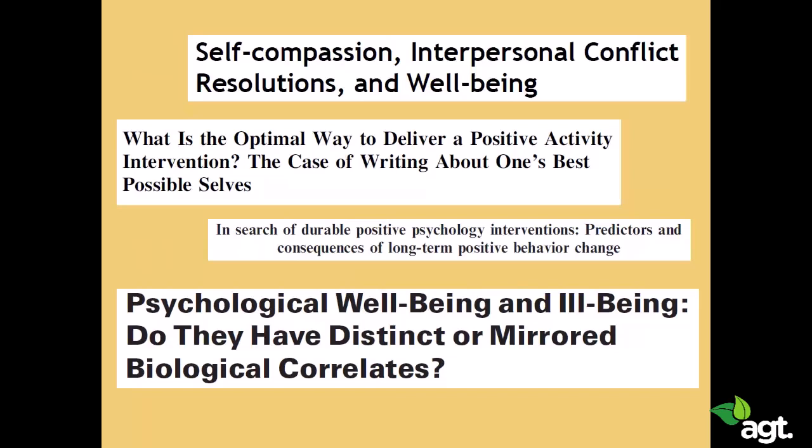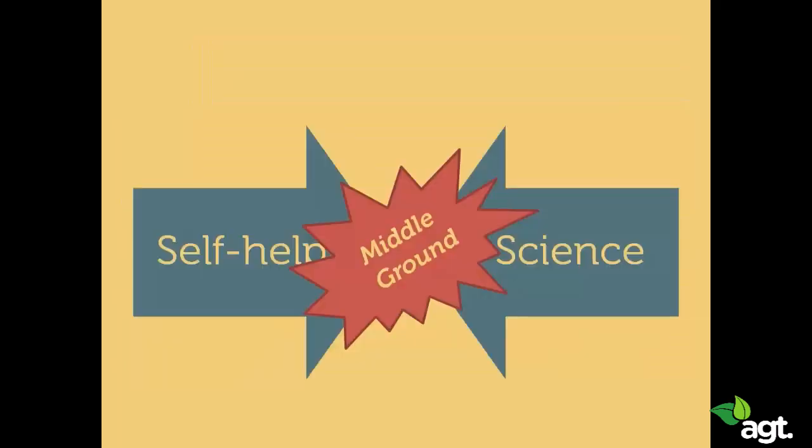On the other hand, you have academia. It's very rigorous, and you will see these kind of research titles in the references that I provide throughout the course. They are not part of your regular learning experience, but I included them for 2 reasons. Firstly, because this course is based on scientific research and findings. Hence, I have to provide proof for what I'm saying. And secondly, because I want to give you, those of you who are really interested in research, a chance to learn more about it. But what this course is all about is finding the middle ground. The middle ground between self-help and science.